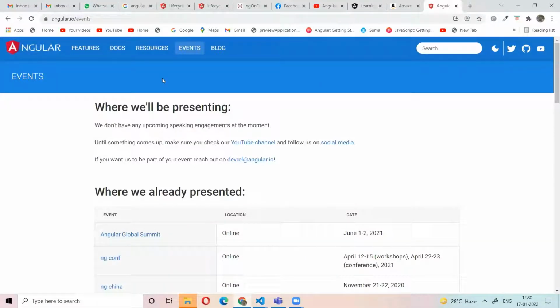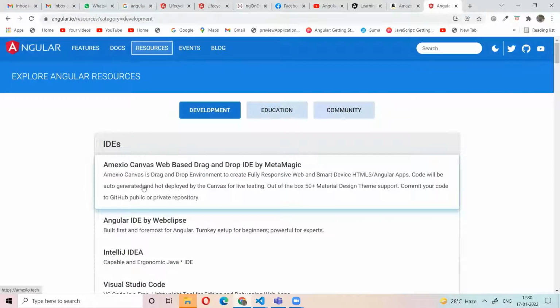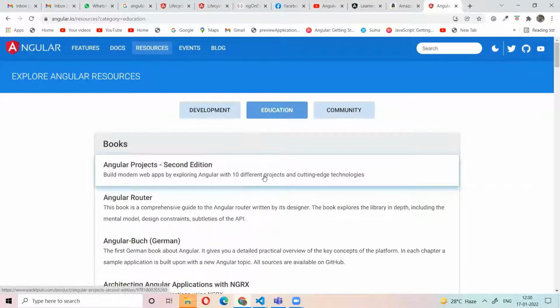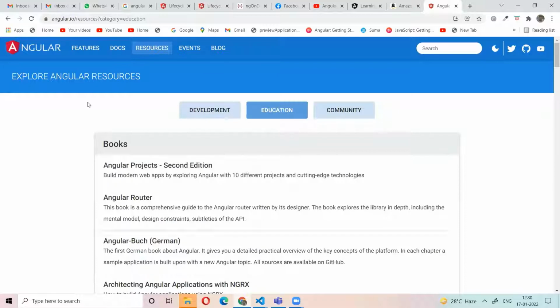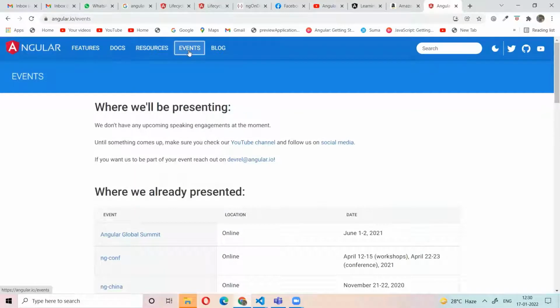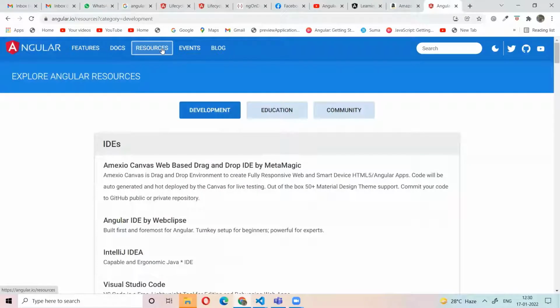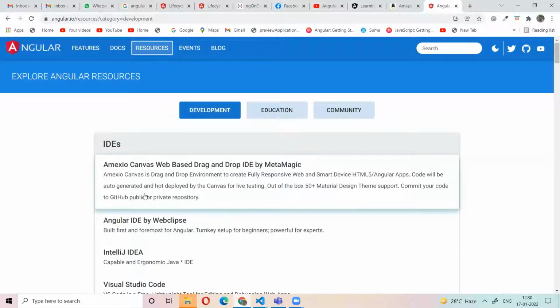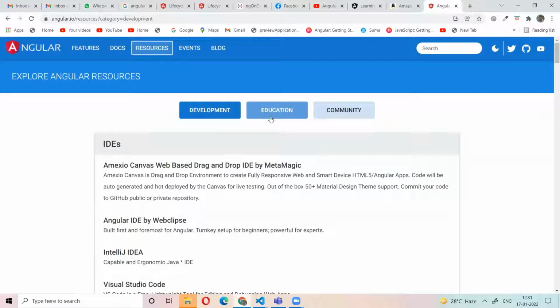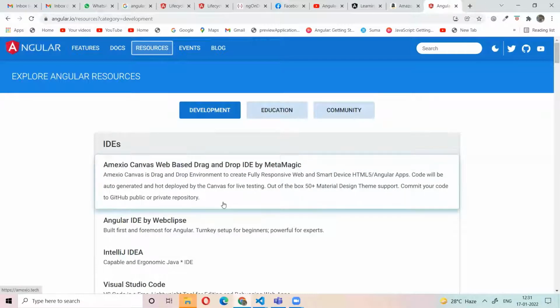For example, in the resource page I click education. Now I'm going to the events page. Again I come back to the resource page. What happened? It was resetting. If you're not destroying the data, then it will still be there. The views need to be destroyed. So here it was destroyed, that's why it is initializing again.